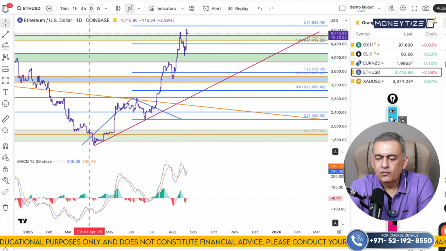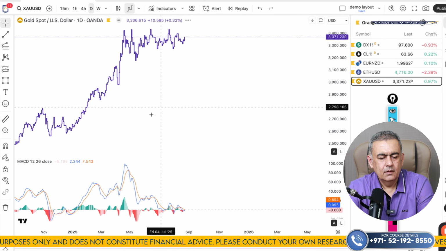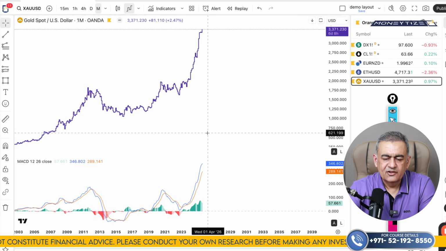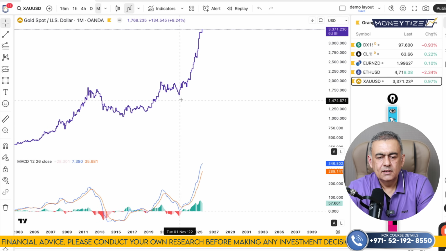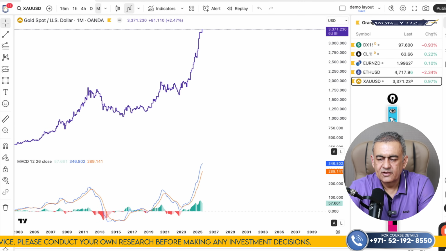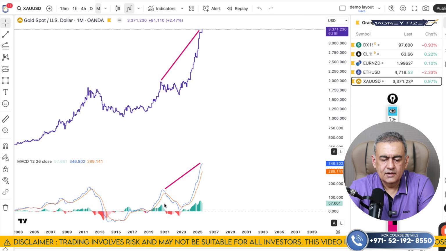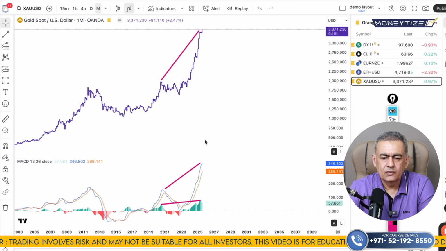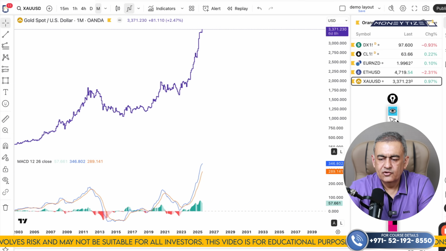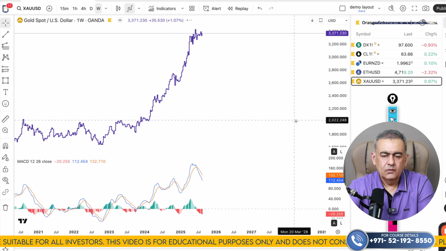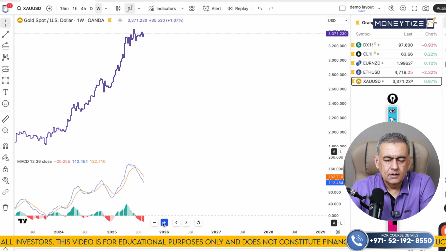And finally, I'm moving to gold. Now here on the monthly frame, this is extremely bullish. I'm not going to repeat the extensions here. The pattern is extremely bullish. We have higher high formation and higher high formation of MACD lines and higher high formation of MACD histogram, which means buyers should continue. When I move back to weekly, on the weekly frame, I could see that the current environment